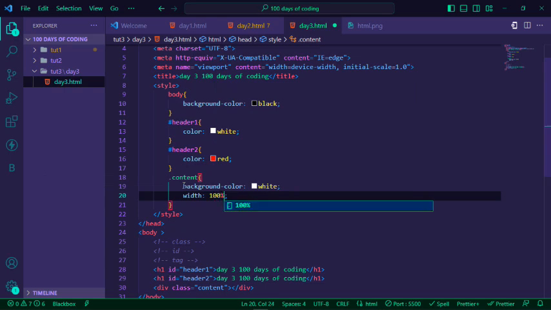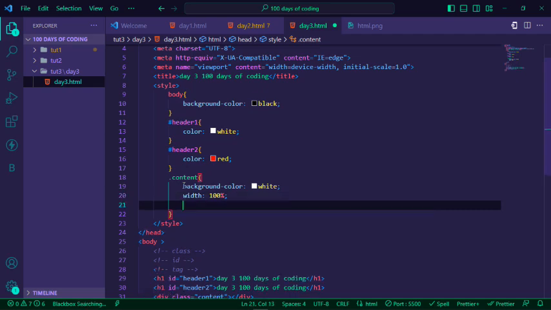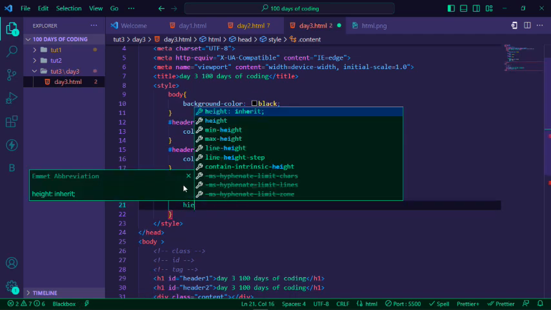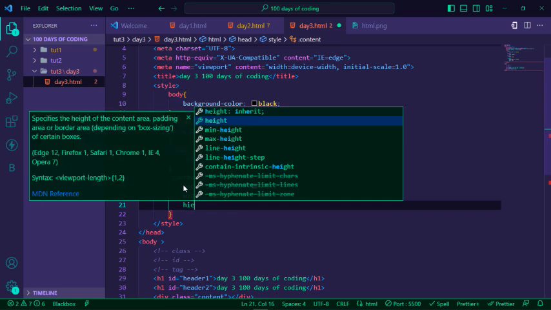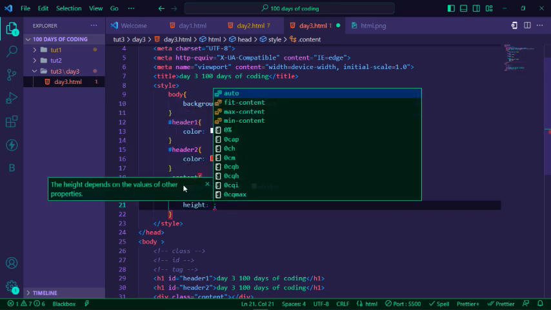Yeah, so now it will take the whole width of the screen, not the whole height. Now let's specify the height we want to give it. Let's say a height of, let's say,